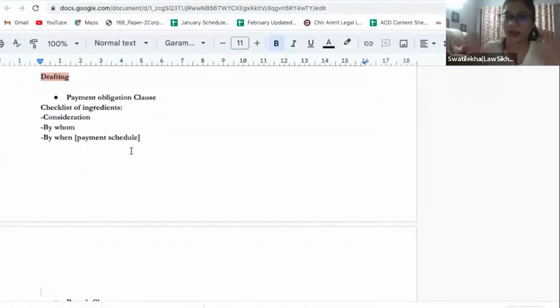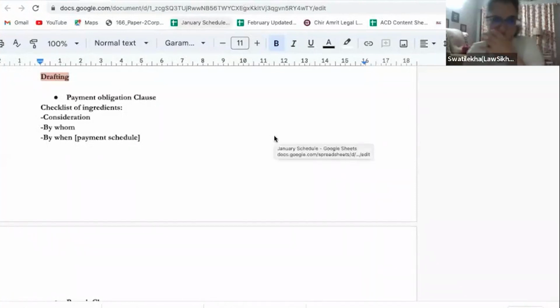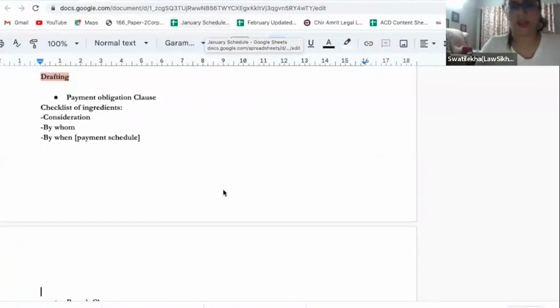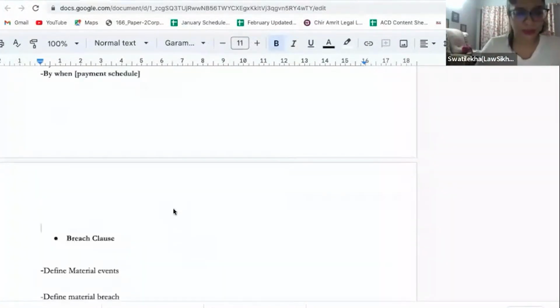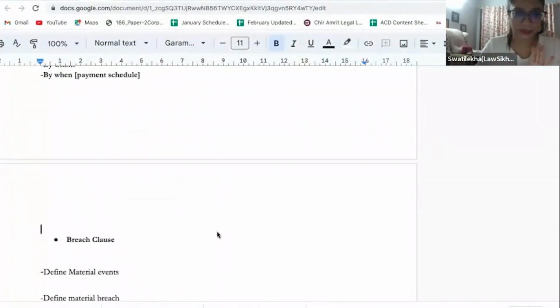Generally, for very big commercial agreements, this payment schedule can additionally be attached as an annexure or in the schedule, instead of keeping it as part of your main contract. This is also there, but you don't need to worry about that part. So these are the 3 things first. Okay, now